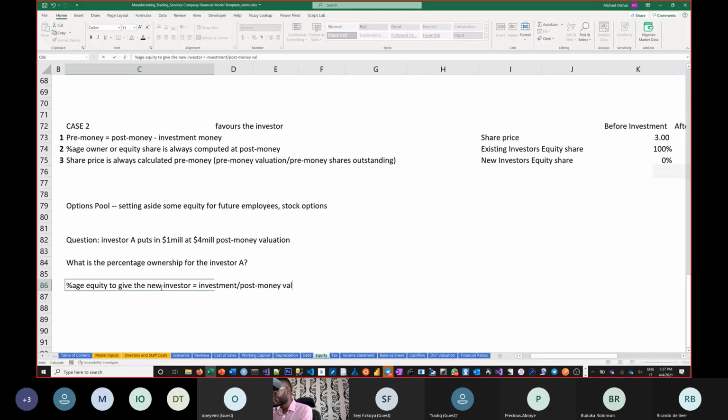So you are correct. It's going to be equal to the 1 million divided by the 4 million post-money, 25%. Always that straightforward. That's why I say everything boils down to these three things. So it's just for you to know how to calculate what you need in case the English changes. So now, what about